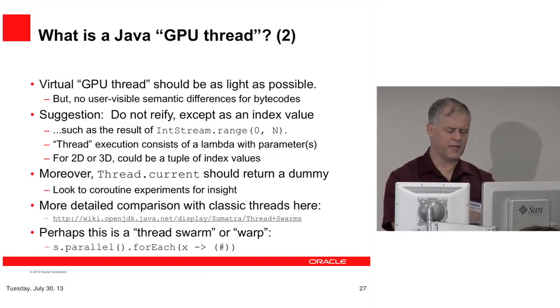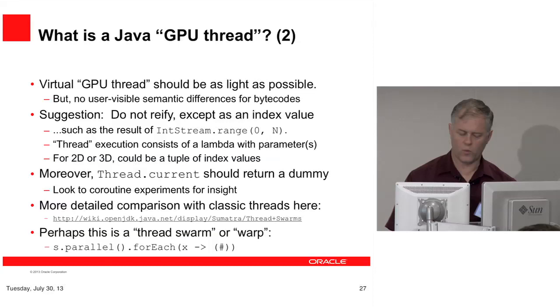Yes, there's an example of maybe a minimum thread swarm. It's a piece of code with a hole in it. The code of the warp is where that hash sign is, and the thing around it is the family of the warp, and the X value is the individual instance of the family. So that's one way of looking at what a thread warp might be from a Java point of view.